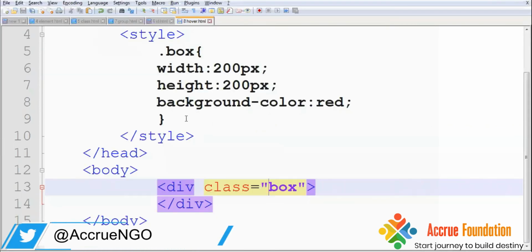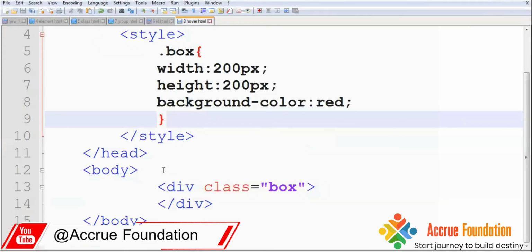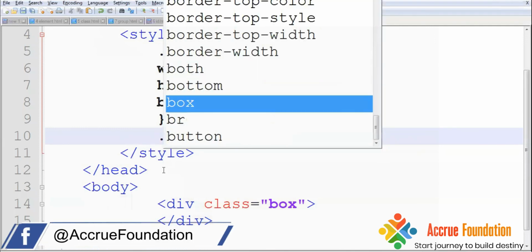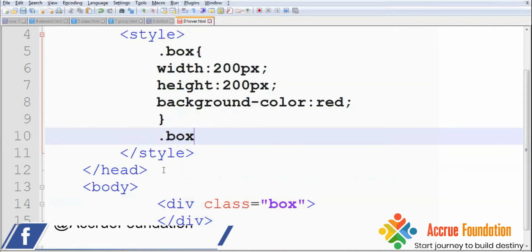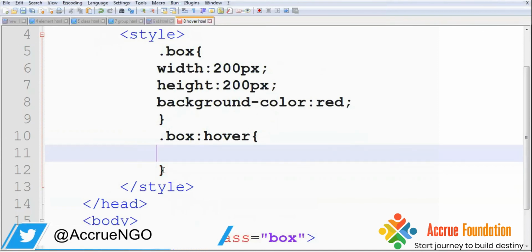Okay. Now I want to change the property whenever my cursor goes to this particular box. So how can I change it? Simply we have to use this class name, after that a colon, then we have to use hover, open bracket, close bracket, then add the property. So what property do you want to change?